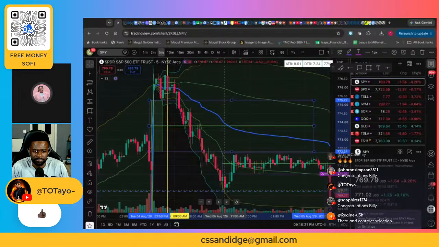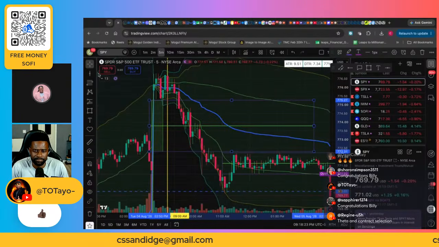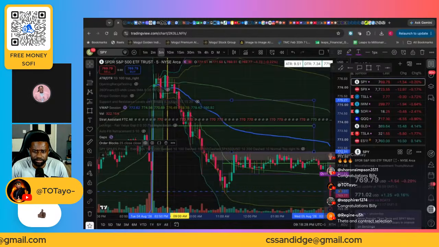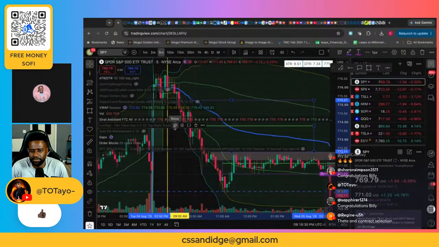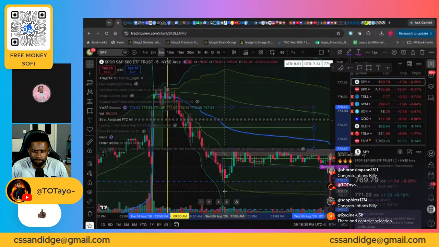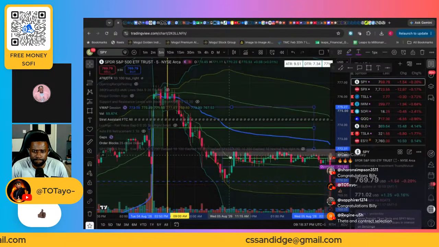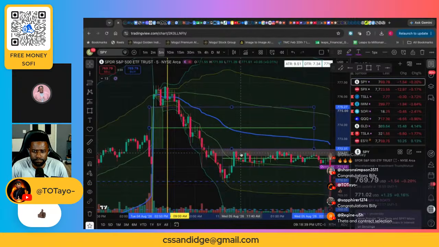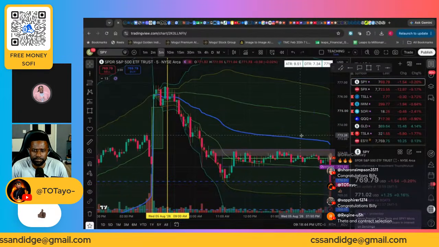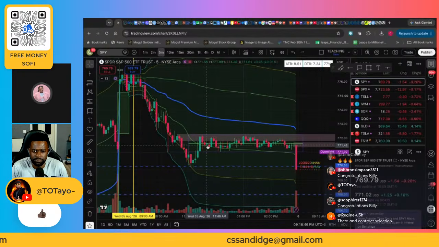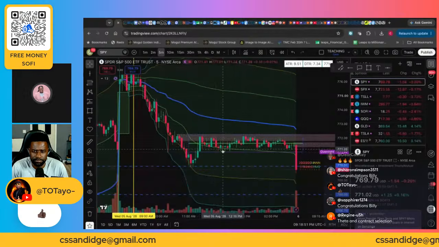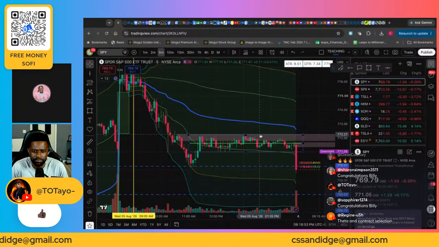Once we get here, psychologically, we probably had buyers sitting down here. Let me cut the order blocks on. I don't see an order block at the bottom. Maybe it's some fair value gaps, but probably earlier today, while the market was open, we had order blocks down here, so they bought it back up, but they didn't do much, and it wasn't a strong continuation because we get a consolidation zone. Once we get this consolidation zone, I need a full candle closing above this band to take a call, and you can see it gets here, gets wrecked, pushes up, gets wrecked, pushes up, gets wrecked.